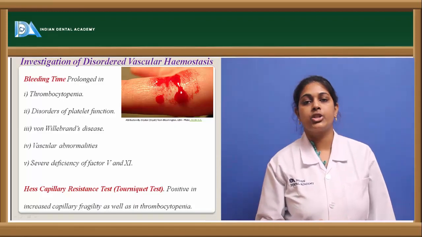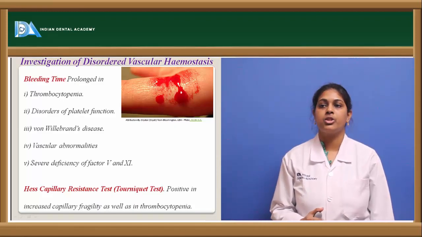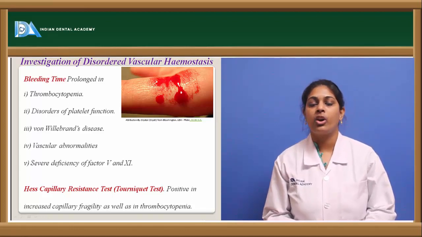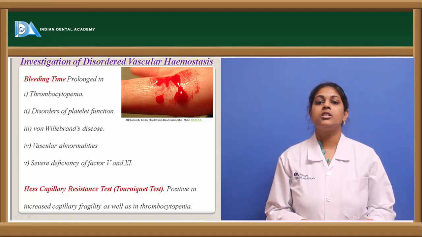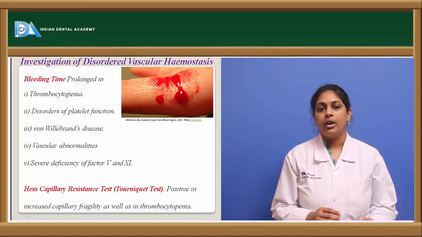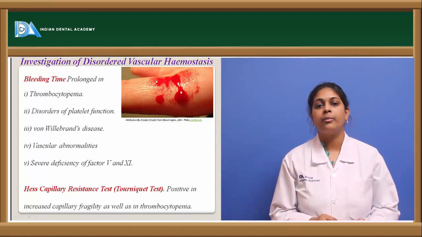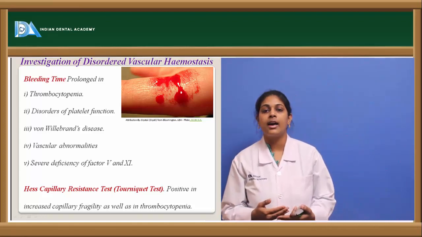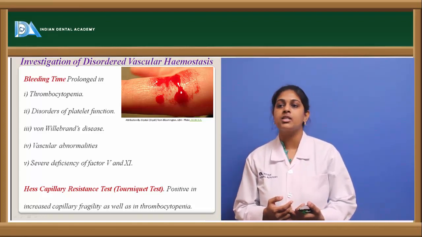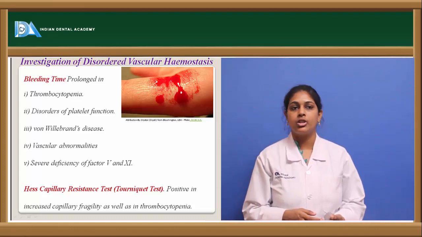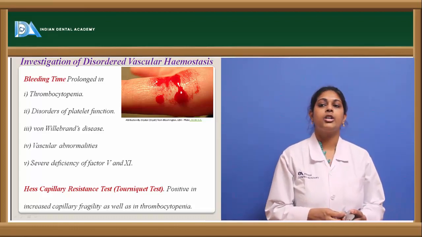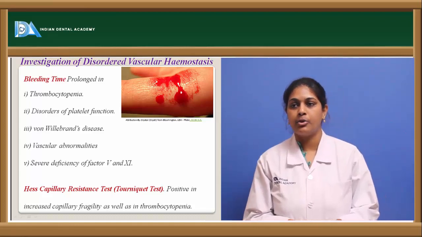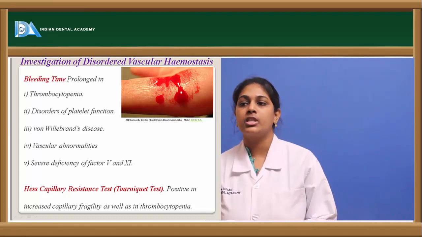Coming to the investigations of disordered vascular hemostasis, usually the bleeding time is examined, where the patient's forearm is pricked, and the time is noted, calculated from the time of the prick to the time when the bleeding stops or ceases. Normally it is 3 to 8 minutes, but it is prolonged in conditions such as thrombocytopenia, disordered platelet function or von Willebrand's disease, certain vascular abnormalities, and severe deficiency of factor 5